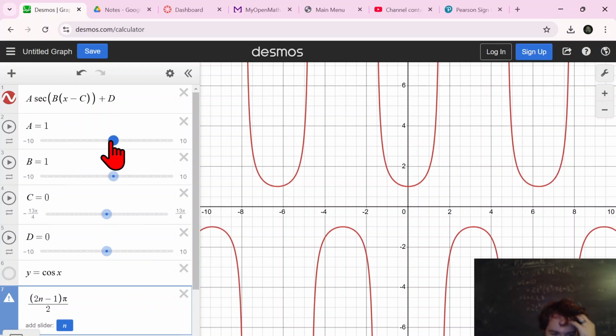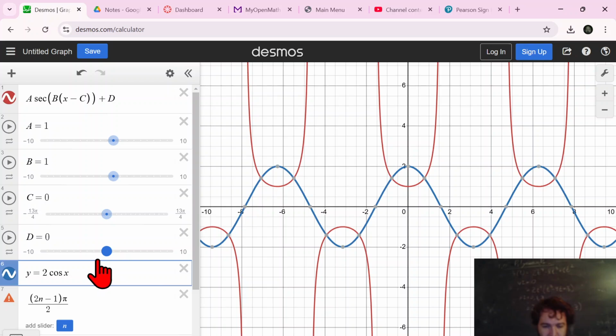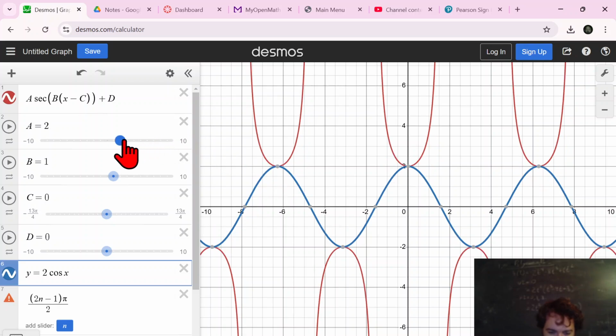Now, if you remember, A controls the amplitude of the cosine wave that secant is based off of. So if I were to set this cosine wave equal to 2 cosine, then I should have an amplitude of 2. In other words, the peaks now happen at 2. And that will match up perfectly to what we know to be true of the secant graph when A is